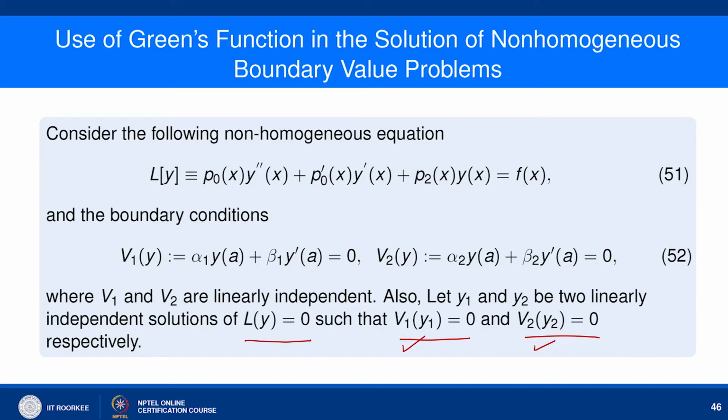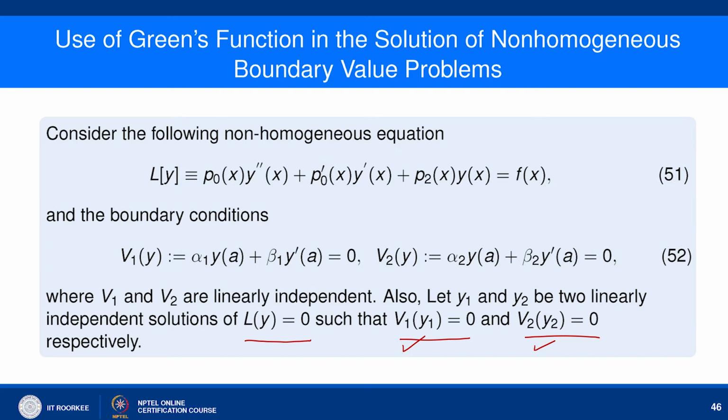Now let us proceed further and discuss how to use the Green's function method to solve the non-homogeneous linear ordinary differential equation. Here is the theorem. Consider the following non-homogeneous equation: P0(x) y''(x) + P0'(x) y'(x) + P2(x) y(x) = f(x). Please note that the coefficient of y' is P0'(x). So it is basically a self-adjoint non-homogeneous linear differential equation, Ly = f, as given here, and the boundary conditions